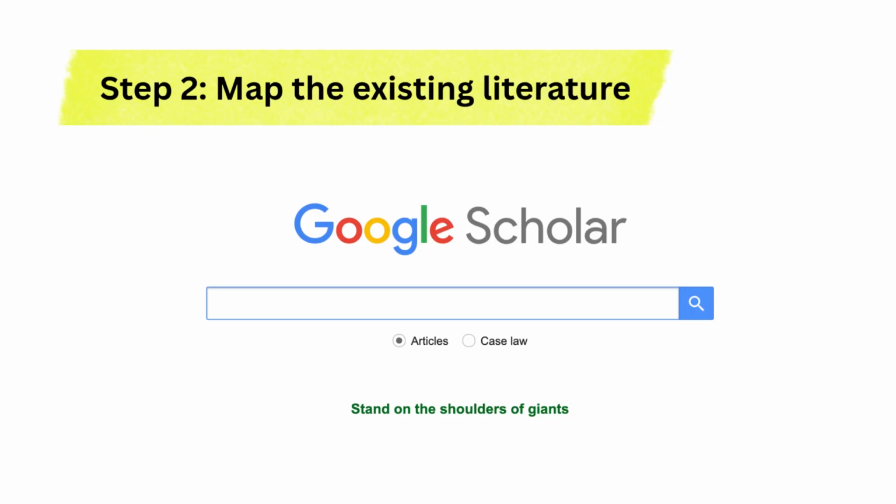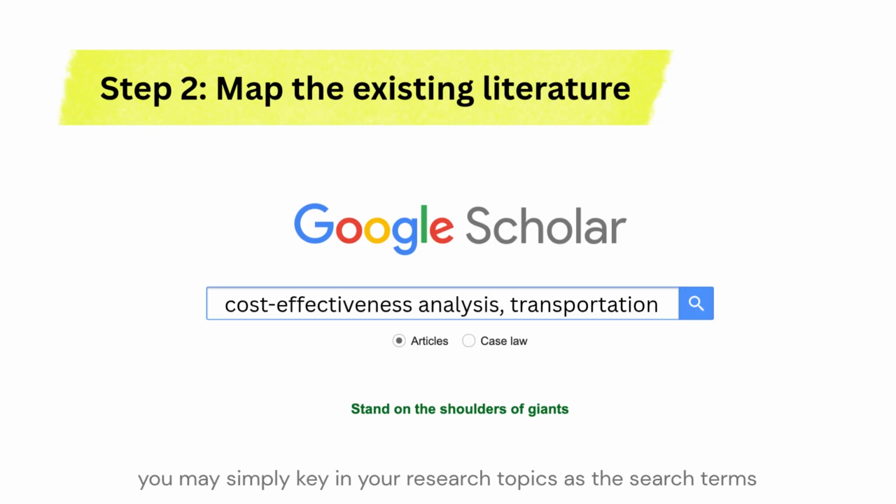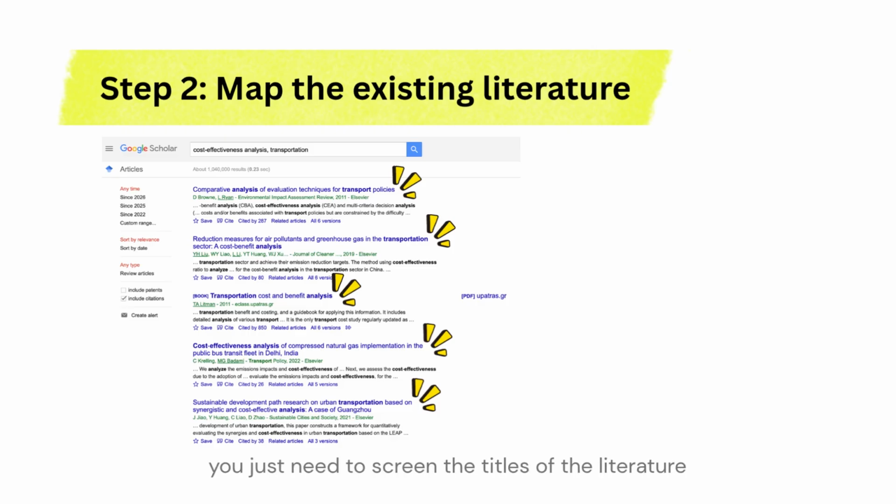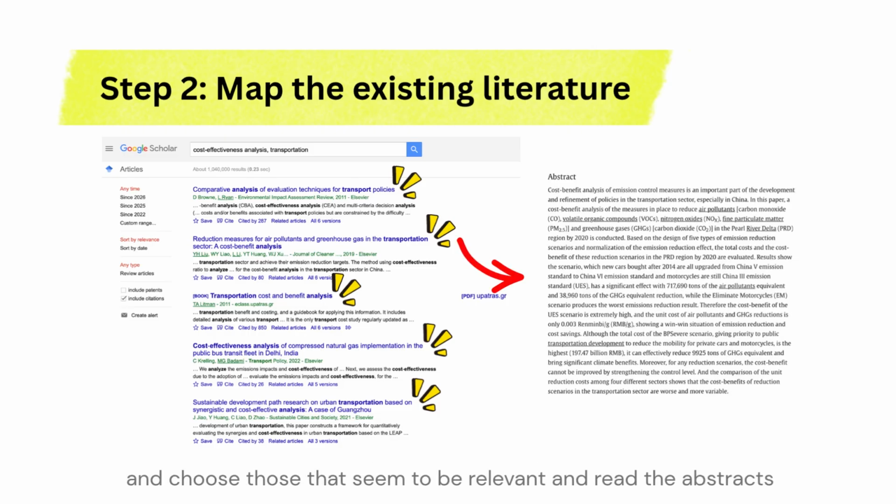To begin with, you may simply key in your research topics as the search terms, or use any terms you find relevant from your knowledge and from your reading of literature in step 1. You do not need to read all the articles that you have found. You just need to screen the titles of the literature and choose those that seem to be relevant and read the abstracts. When you've found the articles that are likely to inform your research, then you may want to screen